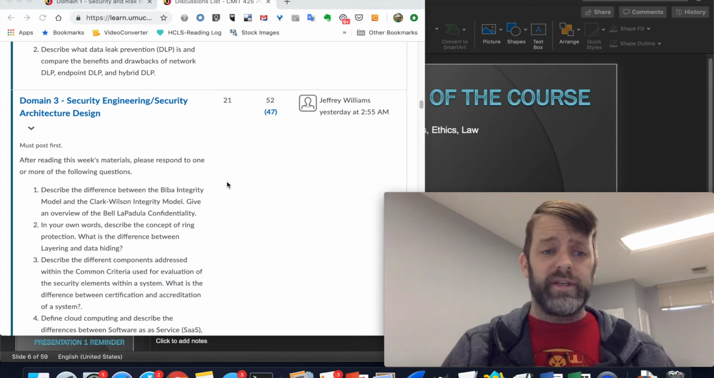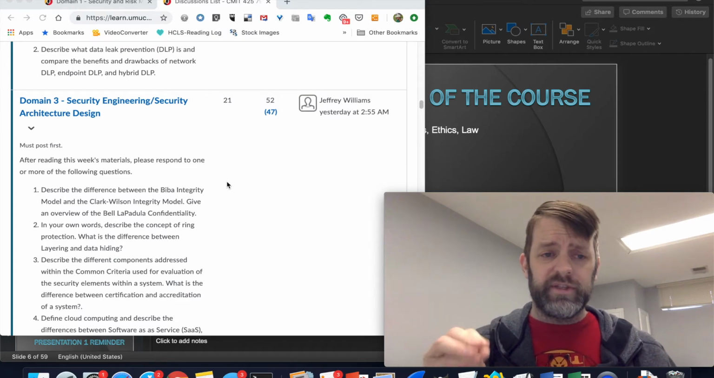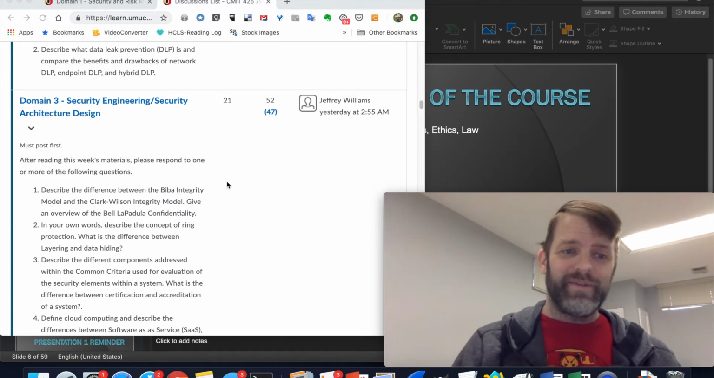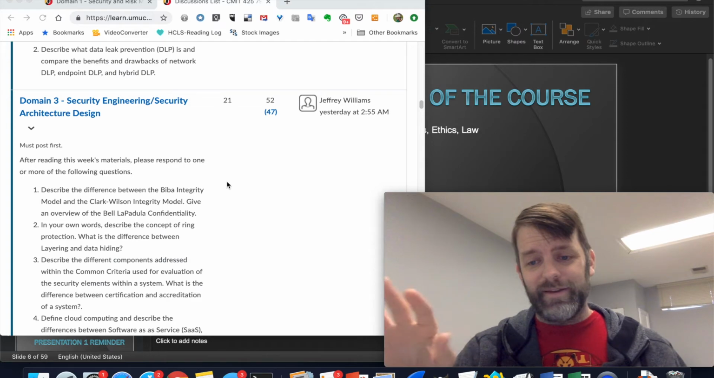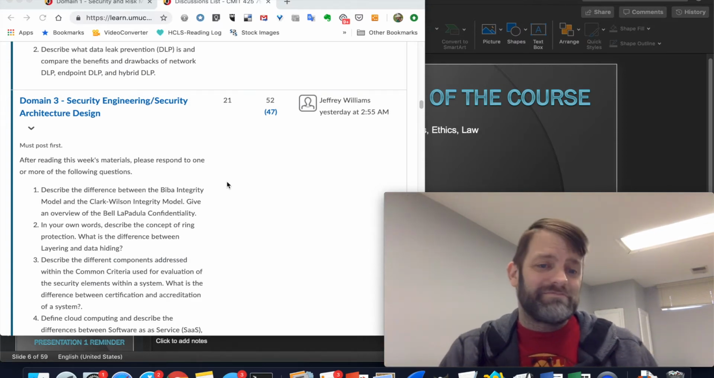So endpoint DLP is where you've got an agent on the endpoint and it's watching. Since it's on the endpoint, it can see everything, including your banking and healthcare stuff. But hopefully it's not recording all of that and it's just looking at it and then ignoring it. So I'm not sure how that's any better, but